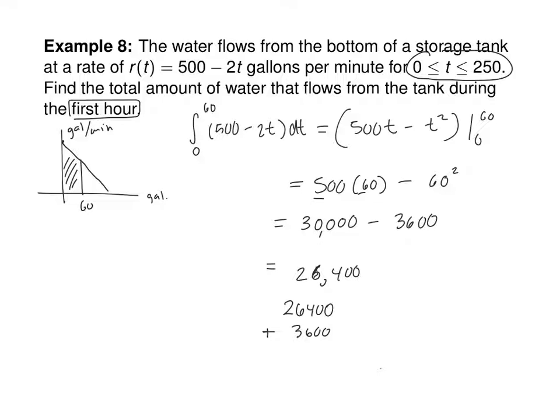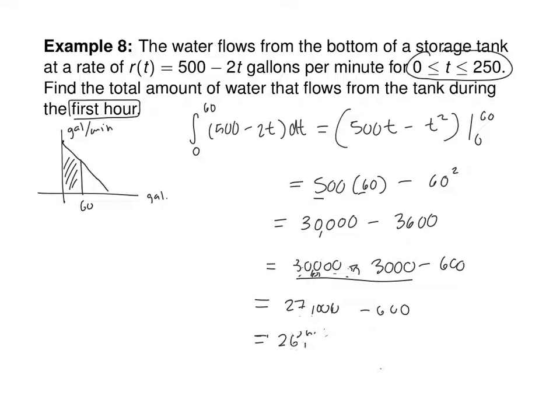Yeah. So another way you could do this subtraction that I think is pretty good is you could do 30,000 minus 3,000 minus 600, right? And this minus that is 27,000. And take away 600, you have to knock that 7 down to a 6. And then 400. So, and this would be